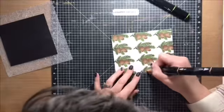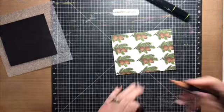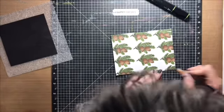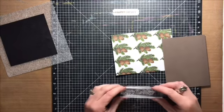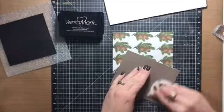I'll use gold embossing powder and then I'm going to mat it on another piece of cardstock as well. There's my pesky head again. I'm so sorry about it peeking in and obstructing your view, and I hope that it's not too distracting. You can see that I have pulled out some espresso cardstock. That's likely what I'm going to be matting my